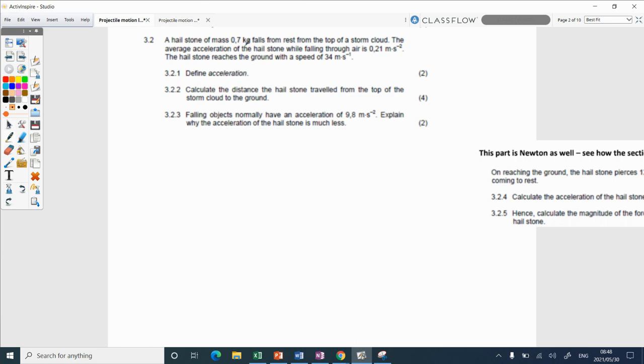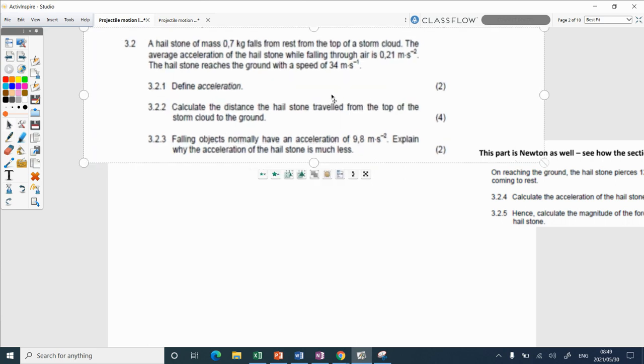All right. So a hailstone of mass that. She actually Googled this to make this realistic because that sounded very fast to me. You know how to change from meters per second to kilometers an hour. Times by 3.6. So that means that this is almost 100 kilometers an hour when that hailstone hits the ground. Now you know why it causes damage to cars when it hits the car. Because I was like, yo, this is fast. Anyway, define acceleration I'm not going to look at. Did you find this question in your notes? It's later. I just skipped through the ones that are not projectile motion.